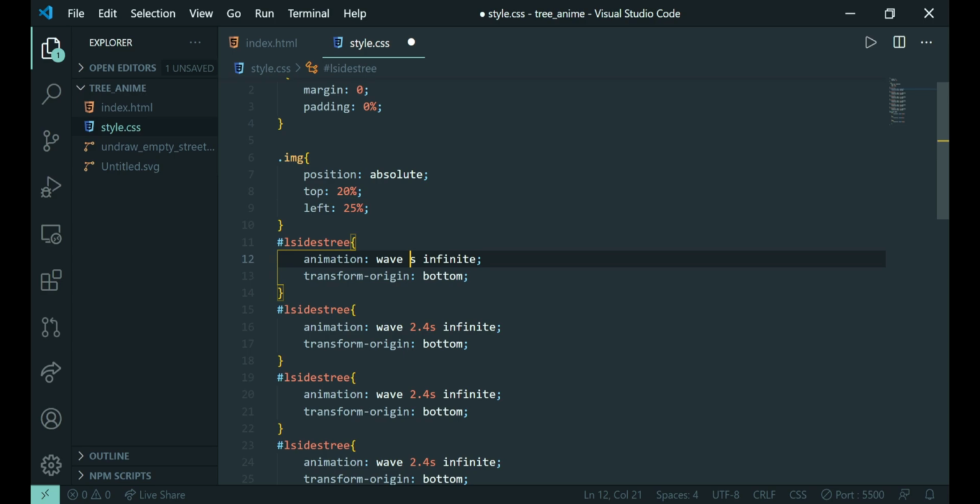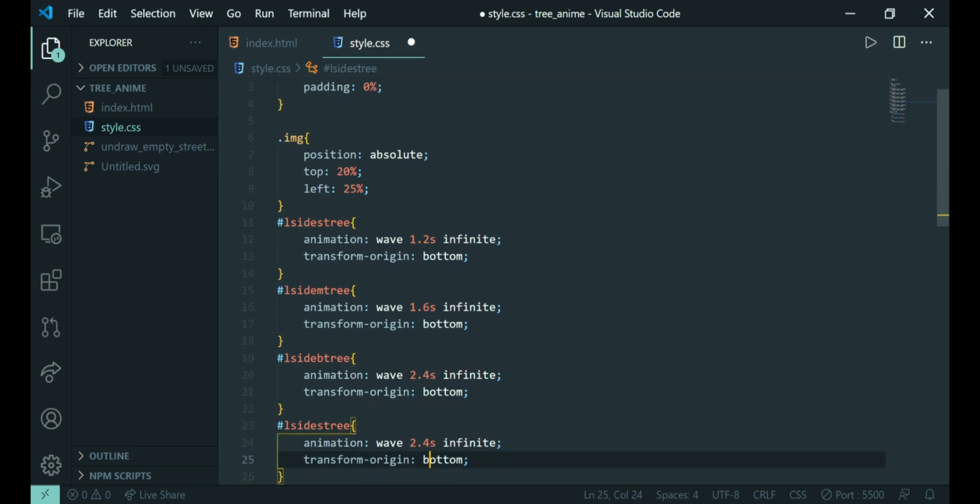So, to give that effect and to make it more realistic, we will be giving this as 1.2 seconds and this medium tree as suppose 1.8 seconds or 1.6 seconds, and this big tree will be given an animation of 2.4 seconds.